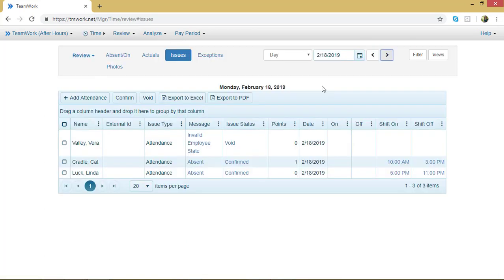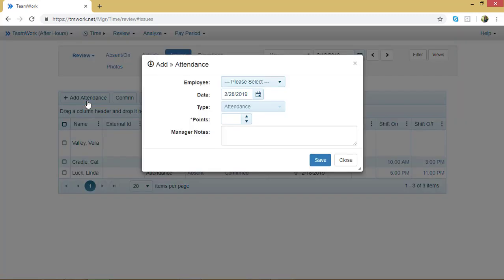You should arrive at a list that looks like this. Before making any adjustments, make sure you are viewing the correct day or date range. Notice the first employee has a voided attendance because that attendance status was invalid. Maybe she clocked out but not on, or something along those lines, and I need to add her attendance in manually. I can click the Add Attendance in the upper left-hand corner of this chart, and now I can create